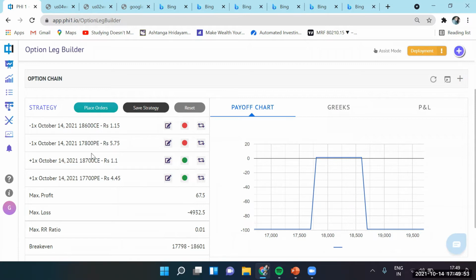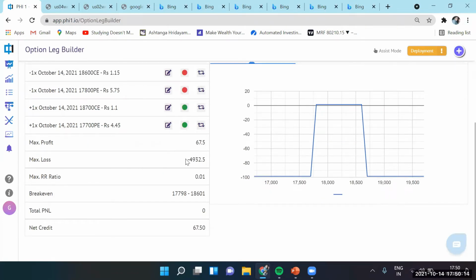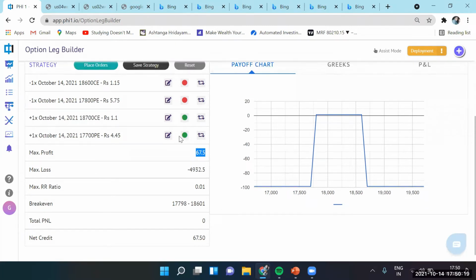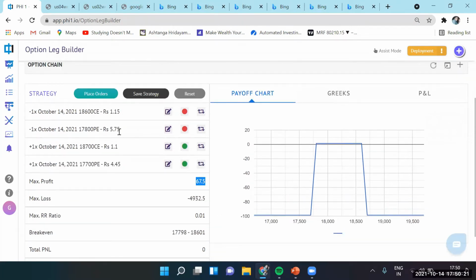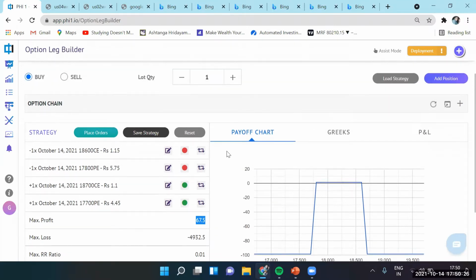again, our reference in this case is 18,200. So we are selling slightly away from the ATM. We are selling 2 options, call and put, and we are buying it further out to cover our exposure, to make our exposure bound. We don't have open-ended losses in this case. As you were seeing in the previous case, our max loss is confined now. Of course, our profit is also very limited because we are selling very cheap options. Now we can modify it to vary our exposure.